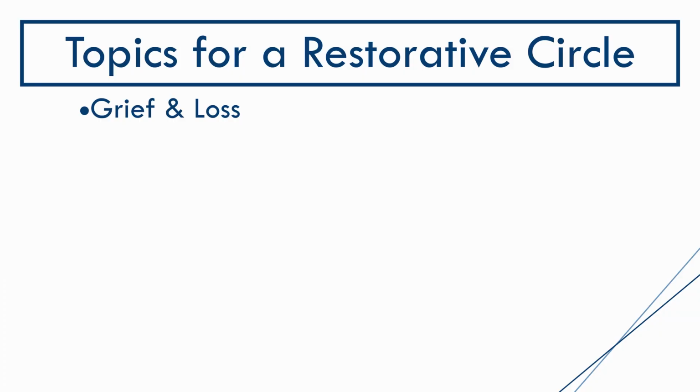Circles are used in schools when you need to respond to a moderate to severe incident of harm. So when you think of harm, think beyond just harm caused by a student or a group of students, but it can also include events that impact the school. I've used circles in schools after the death of a student or a teacher to process grief and loss. You can also address community unrest like riots, looting, or protest. In my last district, we held circles across all of the high schools when students were threatening to stage large-scale walkouts because of upsetting political reforms.